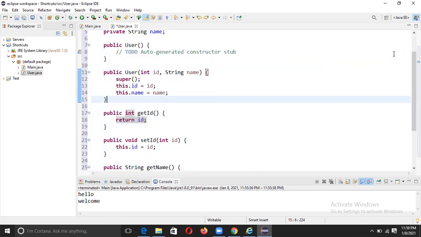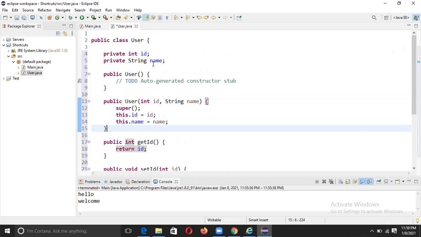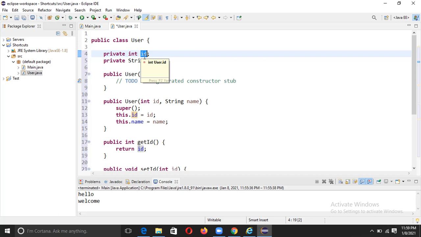Okay, now let's say I don't like this ID name, I want to change it to password. Let's say you have thousands of lines of code and you have to change it everywhere. You can just use one shortcut to change it automatically.